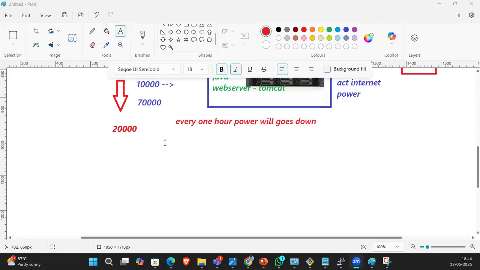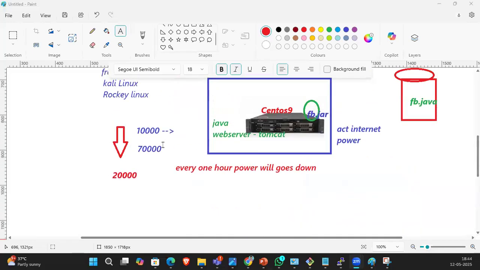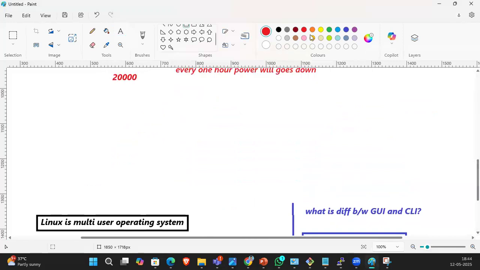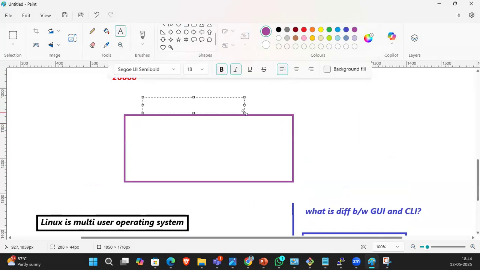Yeah, I will tell you. So what is the solution? Who provides multiple internet backups and power backups? The solution is called a data center. What is that, guys? So what is a data center?